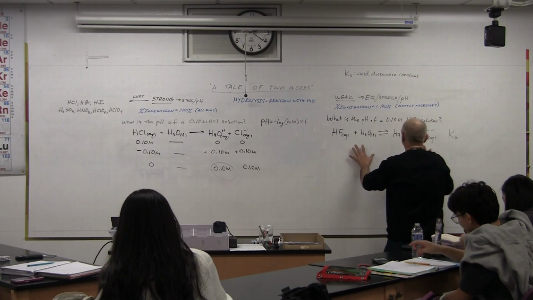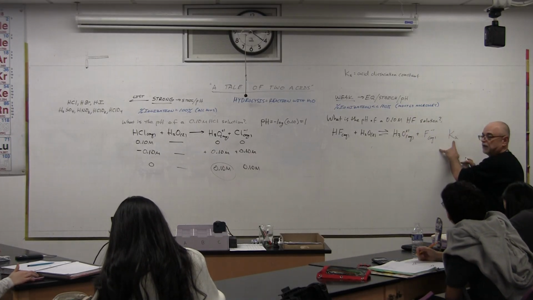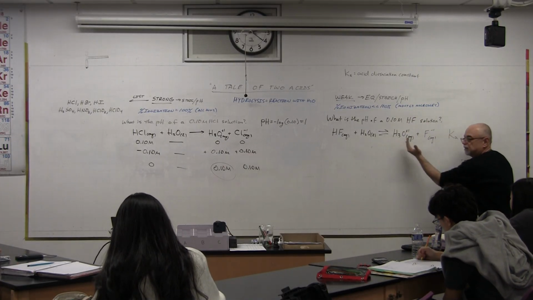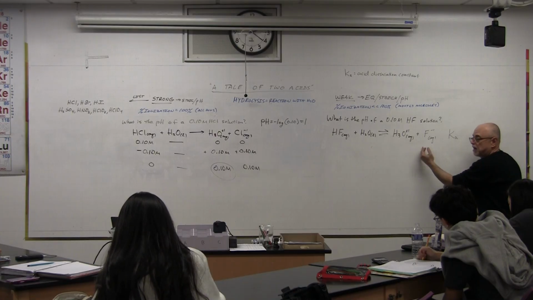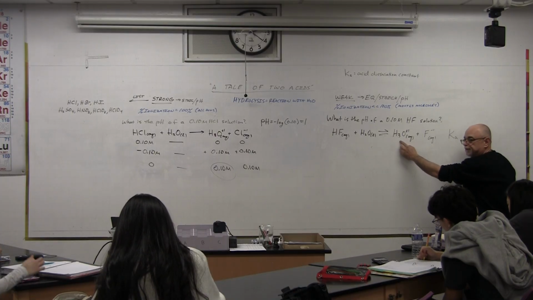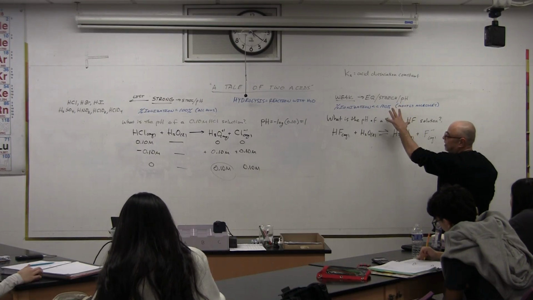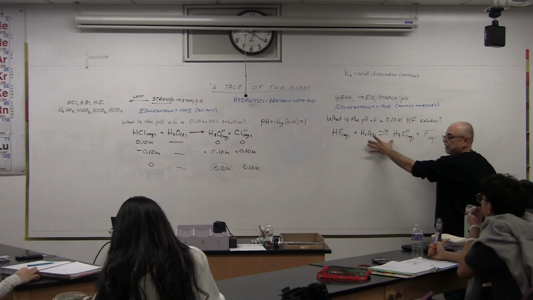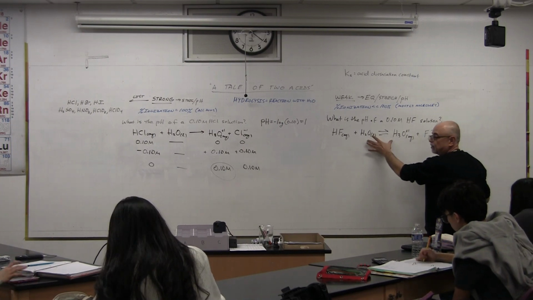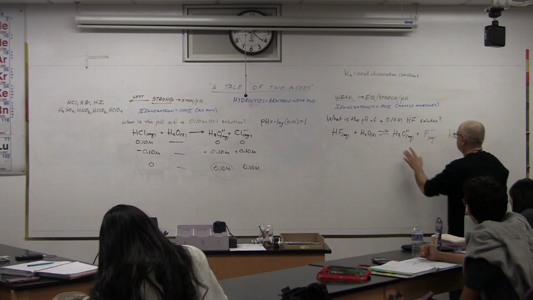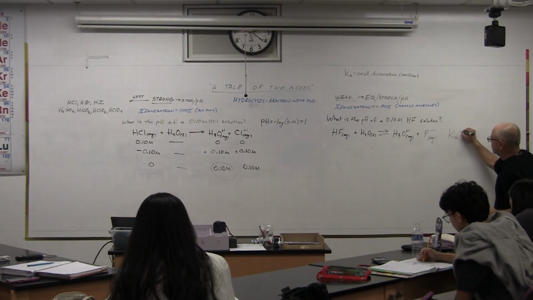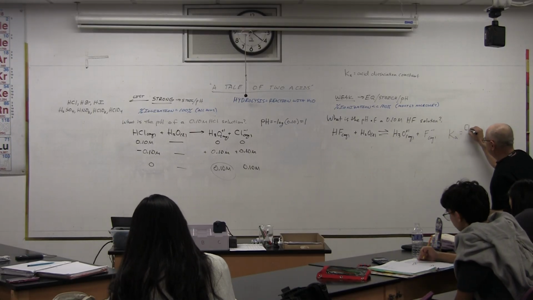It's a measure of how strong the acid is. Because if you look at this equilibrium, the bigger Ka gets, the more we lean toward the products. And the more we lean toward the products, the more hydronium will be in the water. So that's what that does. And just like any other equilibrium process, we can write an expression for it using the rules we've already learned. It's going to be, in this case, the hydronium concentration